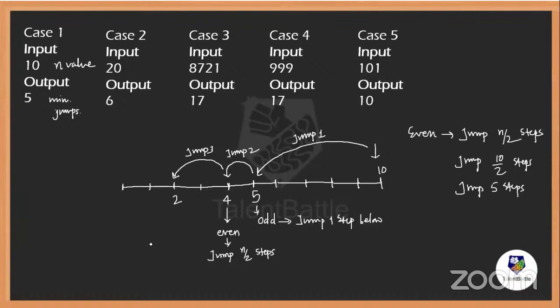Now, how to write down the code for this? According to the analysis, initially my jump value will be 0. And what will be my stoppage condition? Because we are going in backward direction, till my n value is greater than 0, we will continue the process. We will check for even and odd possibilities. Even possibility with the help of modulus division: if n modulus 2 equals 0, we will perform n equals n divided by 2. Otherwise, n equals n minus 1, because only one step we have to jump in backward direction. And every time you perform this, you have to increment the value of jump because that acts like a counter.